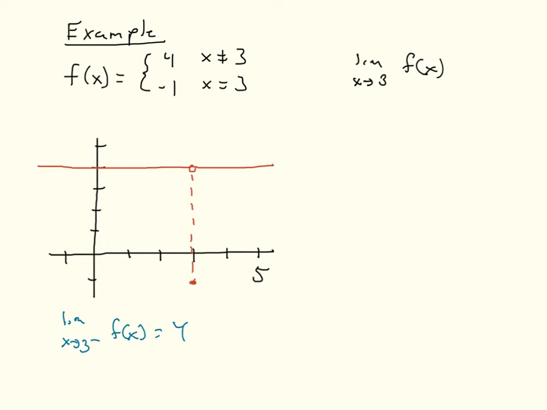Now let's take a look at what happens as I come from the right. As I come from the right, so I'm over here, numbers bigger than 3, as I approach 3 from the right, my function values are right up here. It's still equal to 4. So I know that the limit as x approaches 3 from the right of f of x is also equal to 4. So in this problem, remember the one number that f of x gets closer to as x moves closer and closer to 3 but not equal to 3 is what our limit is. So the limit as x approaches 3 of f of x is equal to